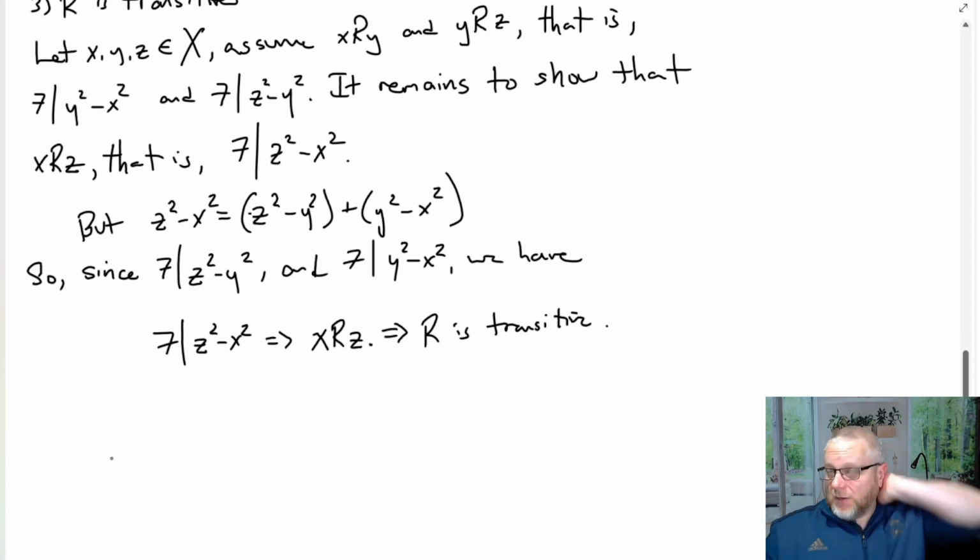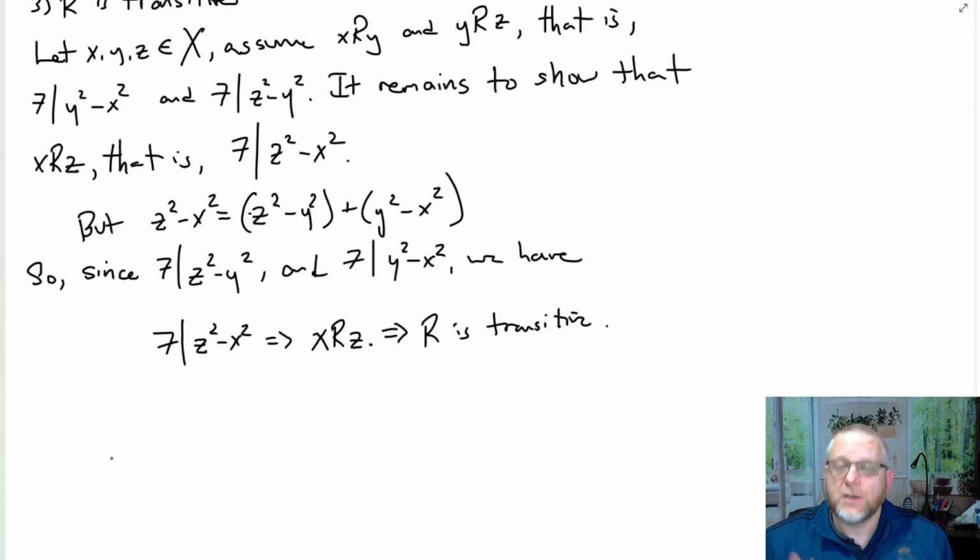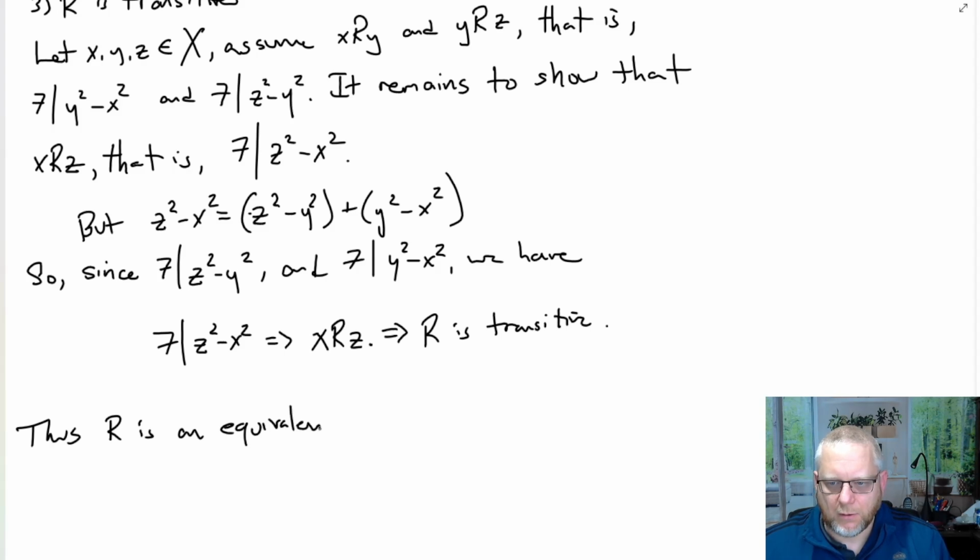Okay, a multiple of 7 plus another multiple of 7 equals a multiple of 7. Good. So there we go. We've shown the 3 requirements, so we can conclude at the end there. Thus, R is an equivalence relation